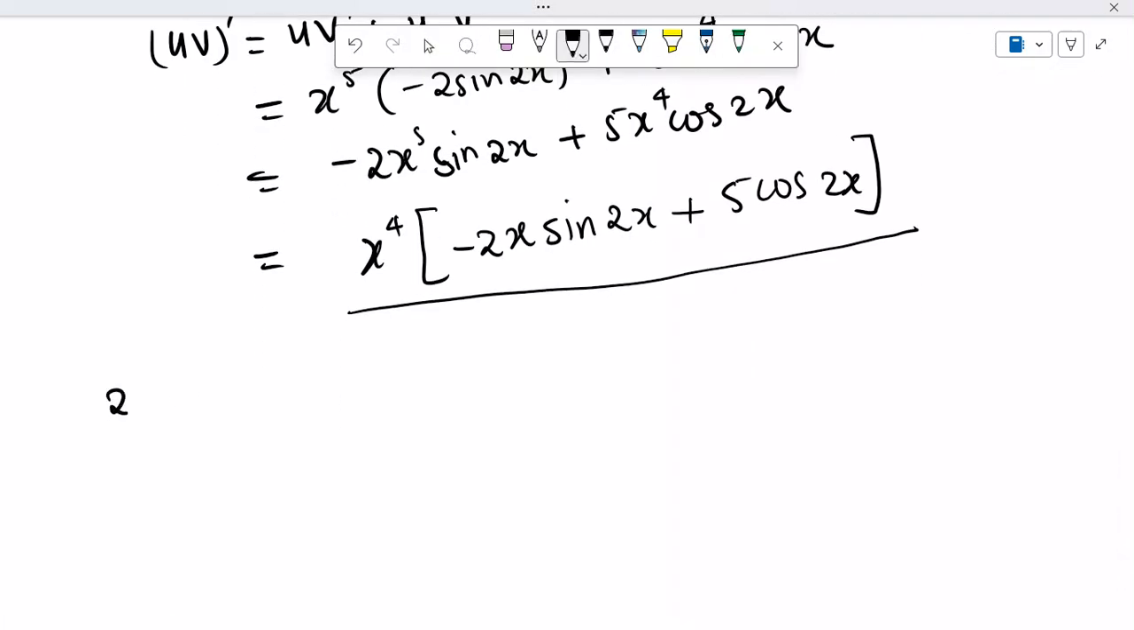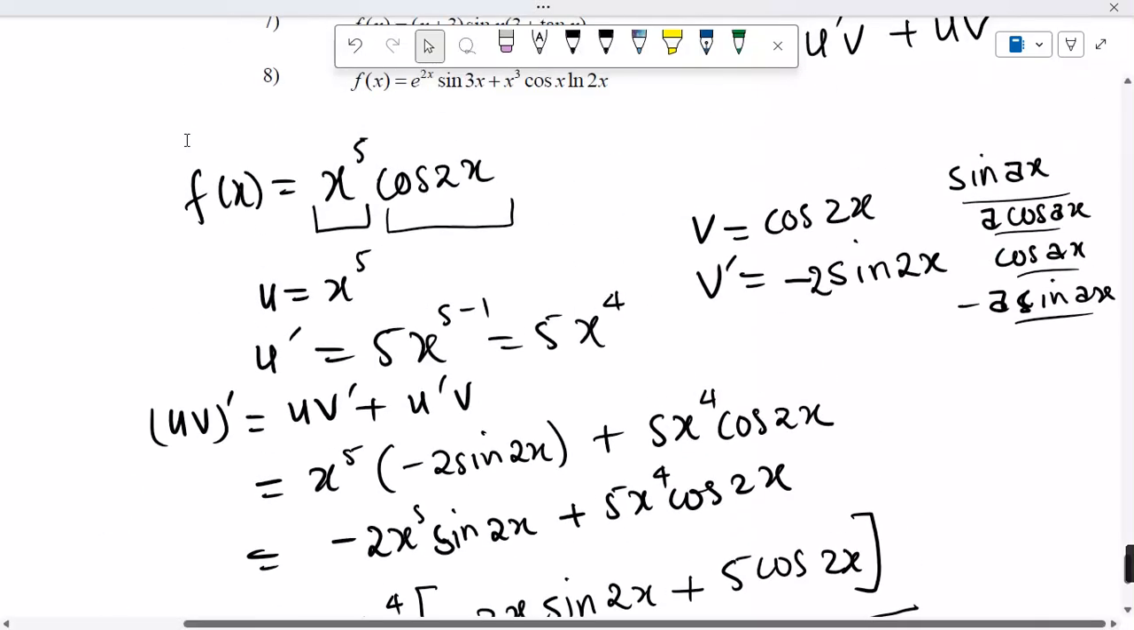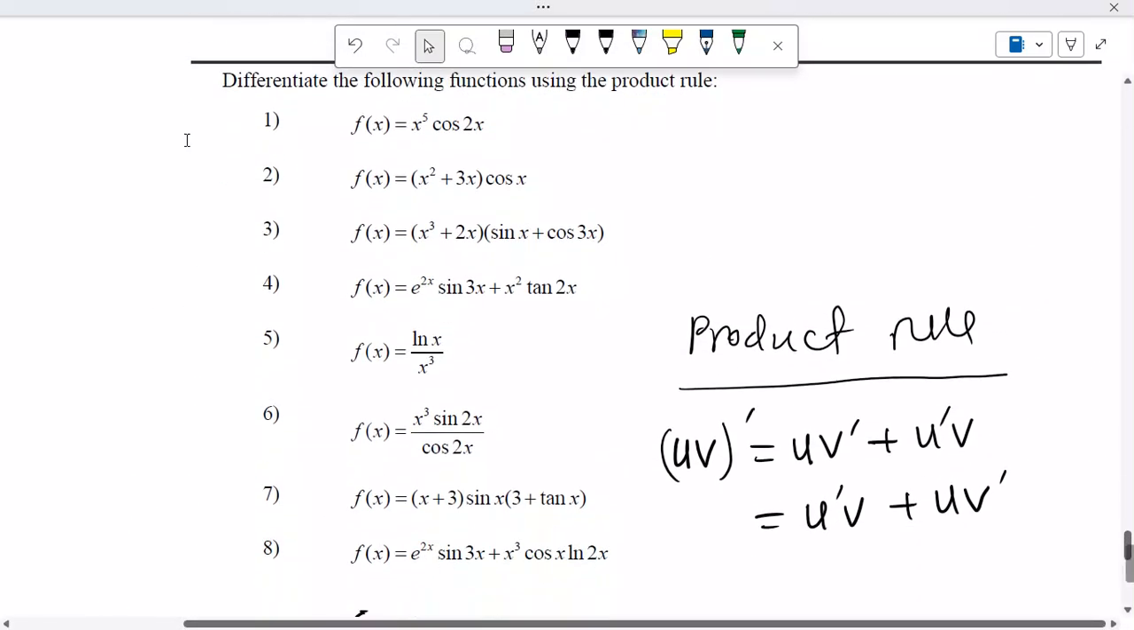So number 2 now. We're applying the same formula. Number 2 is x squared plus